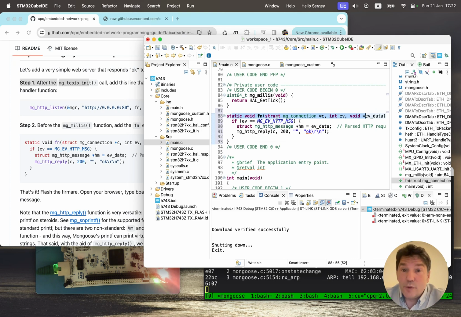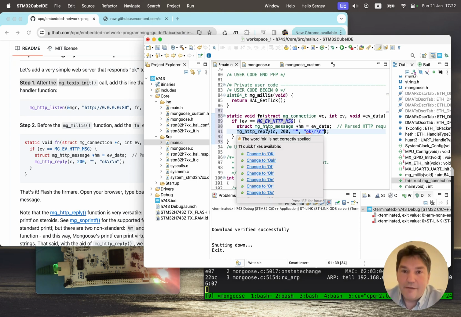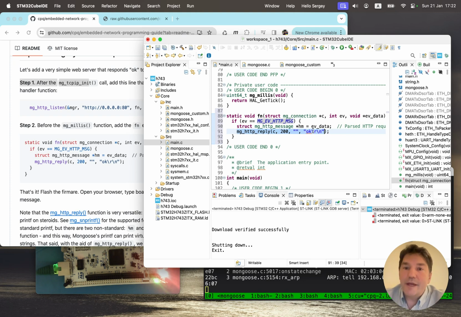And this function will be passed many different events, right? In this case, we ignore all the events. We just react to one event, which is MG_EV_HTTP_MSG, that says, hey, you've got a new HTTP request coming. And for that, we just respond with mg_http_reply, which is another Mongoose library API function. We just print OK as a response. So that's how the simplest